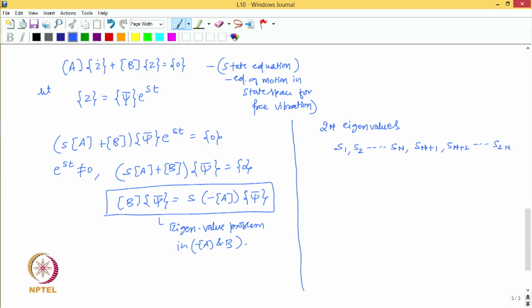So, these are the eigenvalues we will have, and we have the corresponding eigenvectors, 2n eigenvectors,